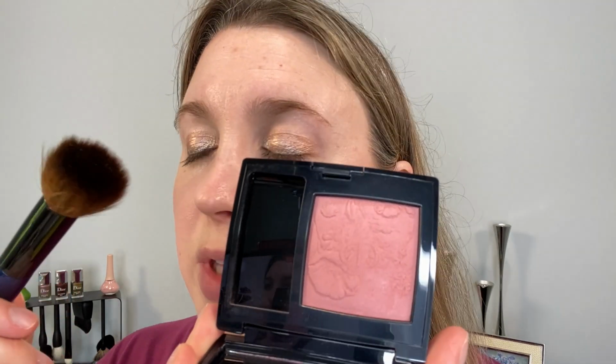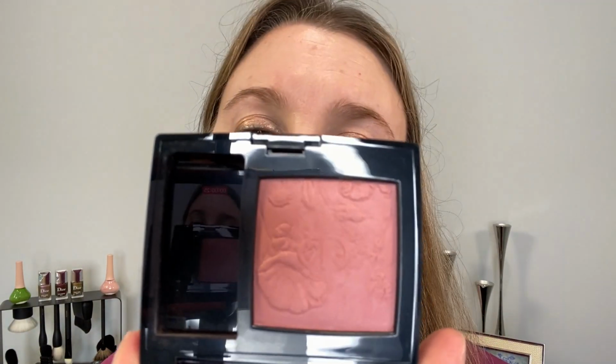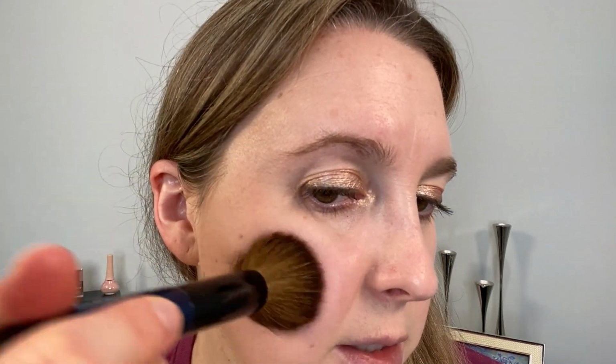So on my skin right now, I have the Cocondo Aqua Foundation in 012 with a very, very light dusting of the Sisley Pressed Powder in number 1. And we're going to go ahead and use a buffing brush to get some of this blush. This is 361. And I do have a light application shown in my Suku brush video. So you can see the pigment on here. And let's see how pigmented it goes on. So there's a light dusting. We're going to layer that up again. So you can definitely build the color,